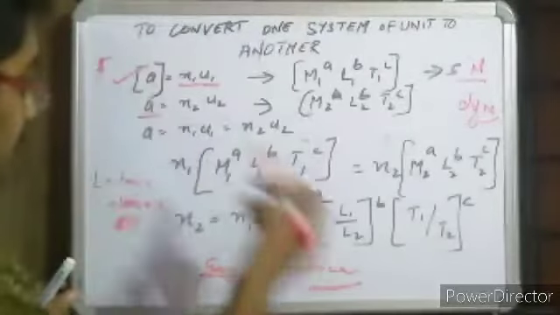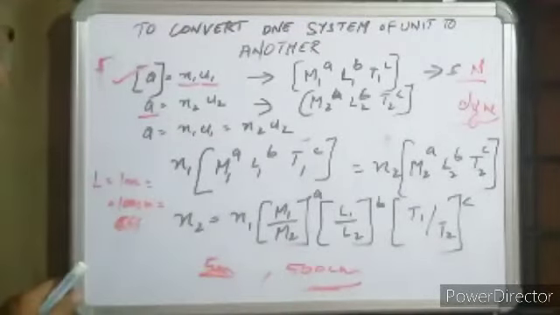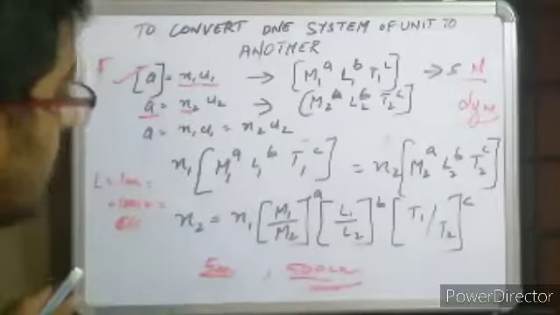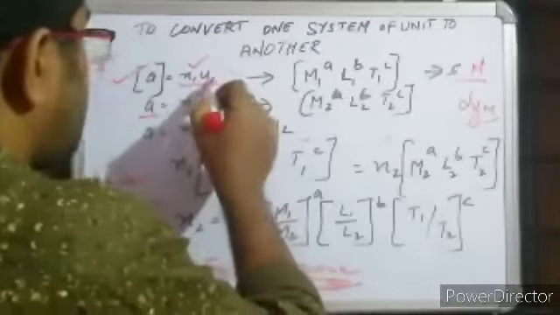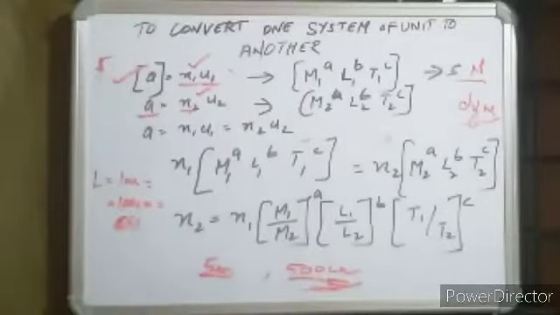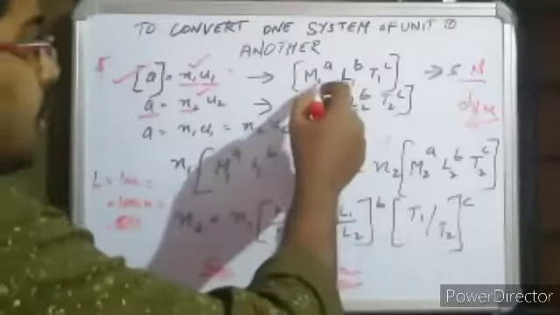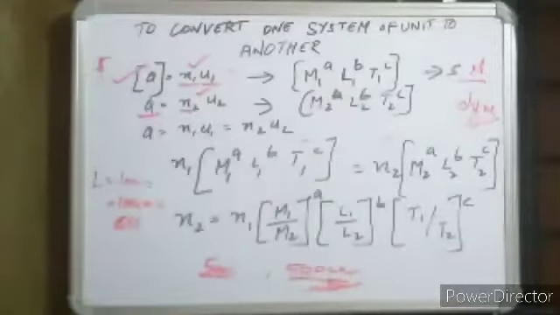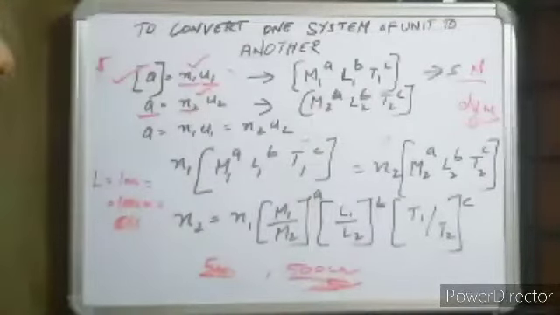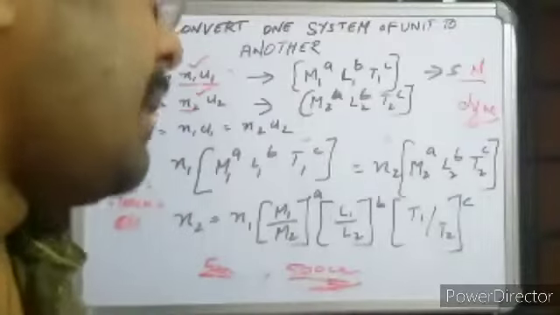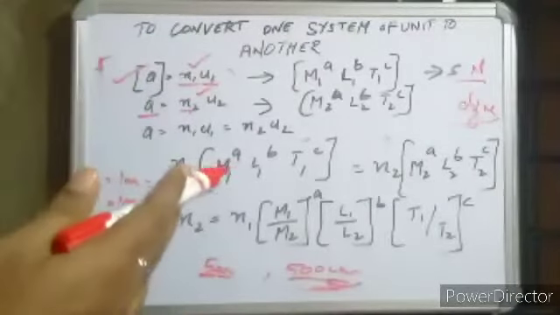And the same quantity, that is length, can be written as 500, that is N2, and U2 is its unit, that is centimeter. So in one system of unit and in the other system of unit, which you need to convert from one to the other. So I can write the dimension of this particular quantity in the system of units. In one I am taking it as M1 to the power a in one system of units, so I am taking it as 1, and the second unit I am taking it as 2. So I am expressing in terms of M, L and T mainly. Okay, so why we are not taking the other quantities, that we will see in the limitation part. So for the time being, only M, L and T.